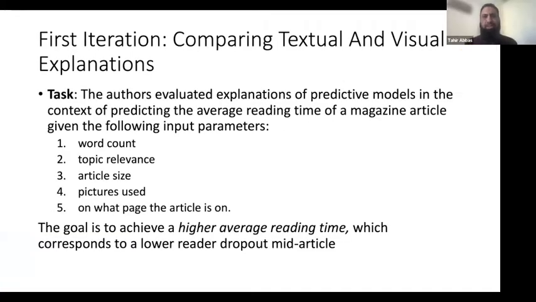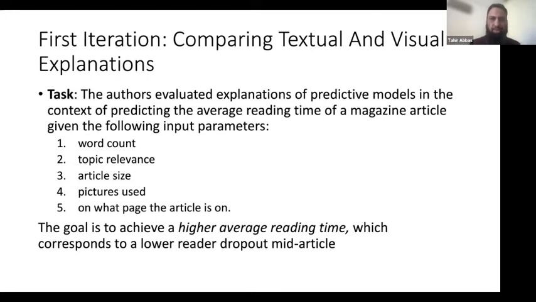So actually this paper comprised of 2 iterations. In the first iteration, they actually compared the textual and visual explanations. And the tasks that they used were really straightforward. The authors evaluated explanation of predictor models in the context of predicting the average reading time of a magazine article,